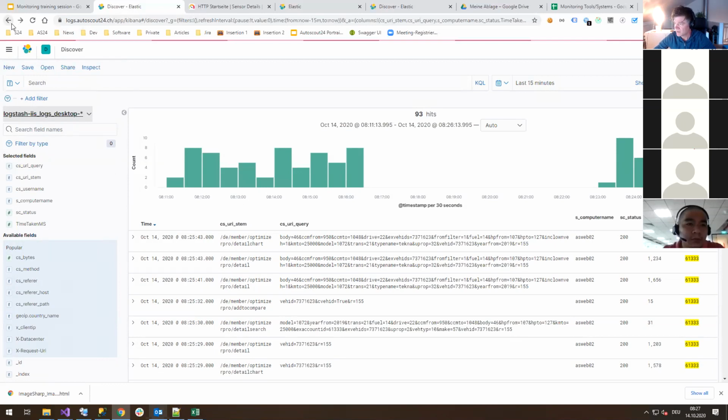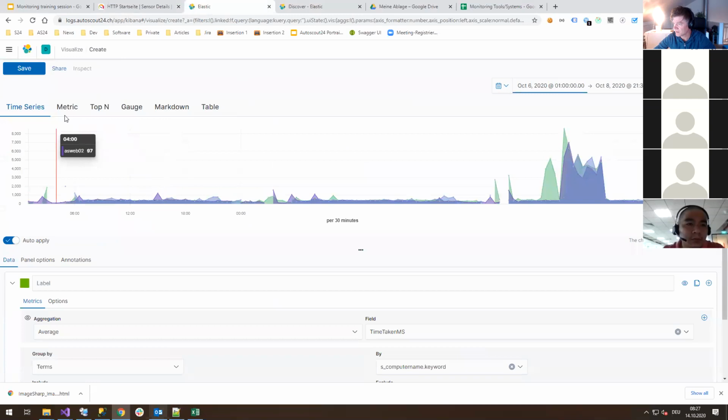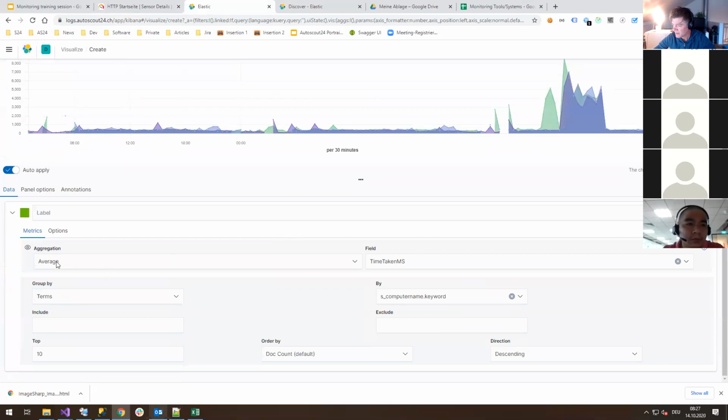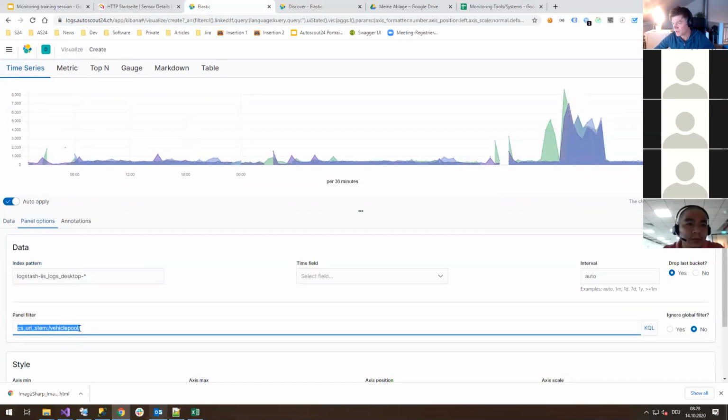Yeah. Well, that's just the simple discovery one. You also have more advanced stuff. You can create visualizations like that. For instance, what you can say is, give me the average time taken it has for the desktop application, for the vehicle pool, for instance. And, you know, last week we went live on Thursday, and with the stuff we did in the mosh pit, like migrating to the .NET Core architecture and the new architecture, and